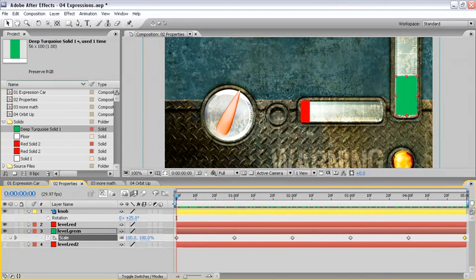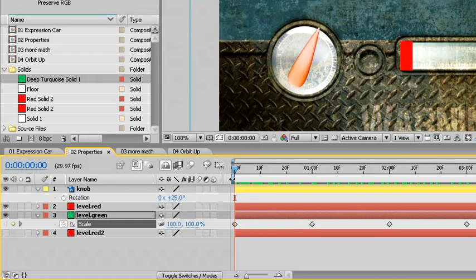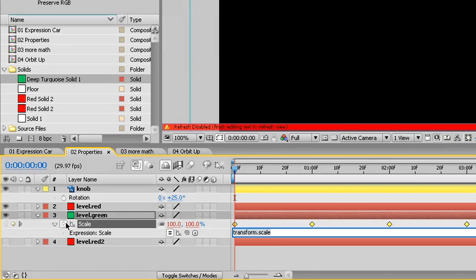scale parameter. Just because there are keyframes currently on this layer doesn't mean we can't further enhance it by adding an expression. Make sure that you have the Alt key or the Option key on a Mac depressed when you click on the stopwatch, or you run the risk of turning off all of the keyframes for that parameter. Now we see that we have the JavaScript, as we would expect, telling this parameter to do what it's already